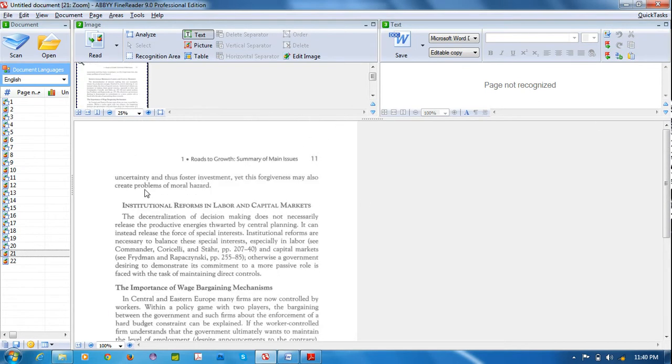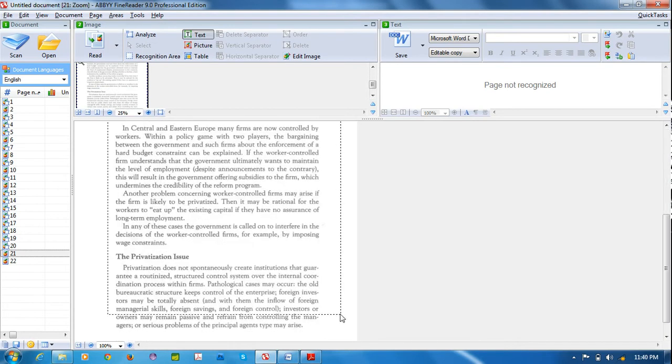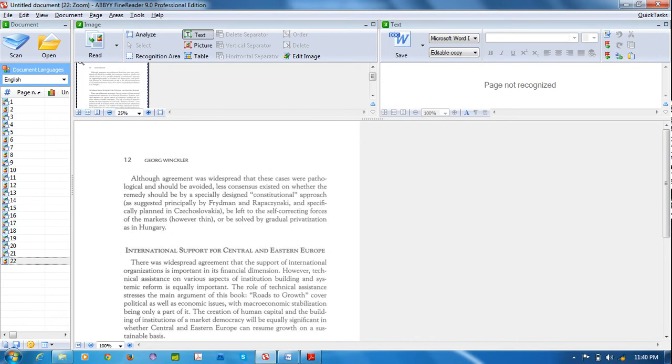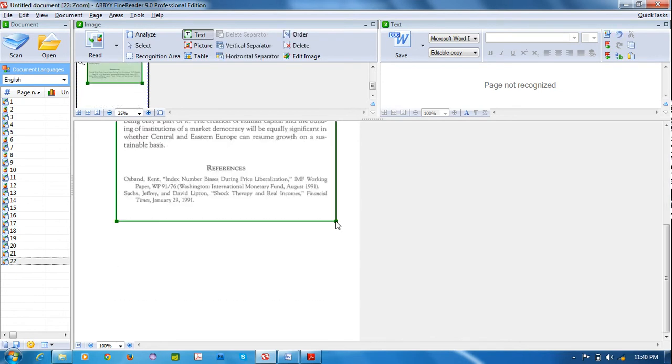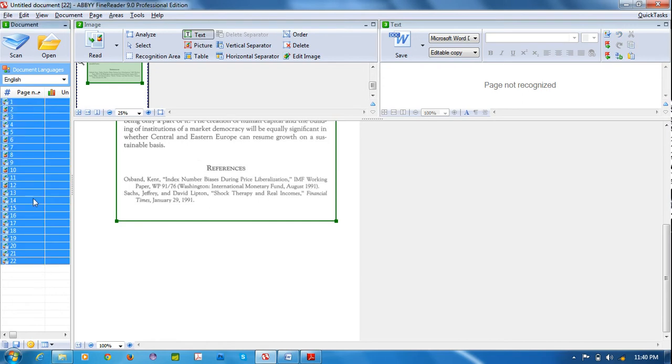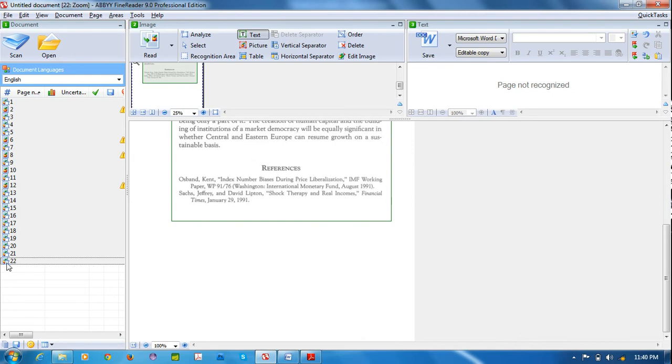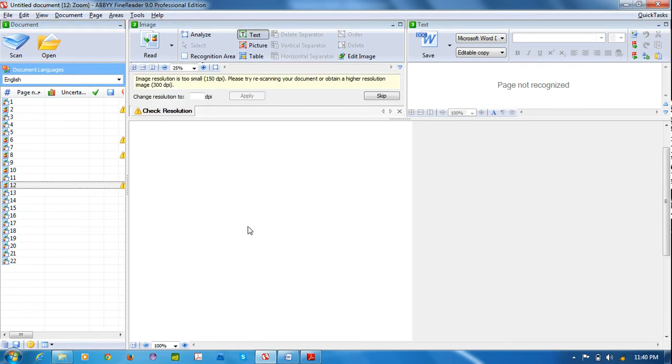Almost completed. After joining all the pages, just see it is showing like this, but this page does not have any zoned areas. That's why it is showing like this.